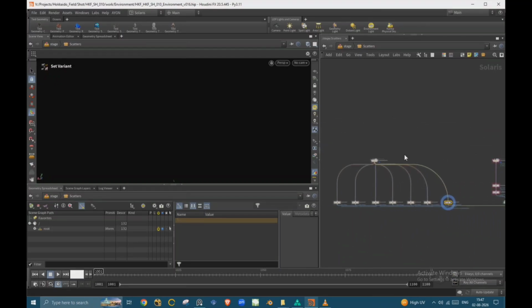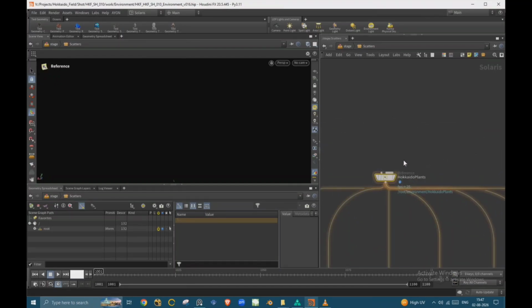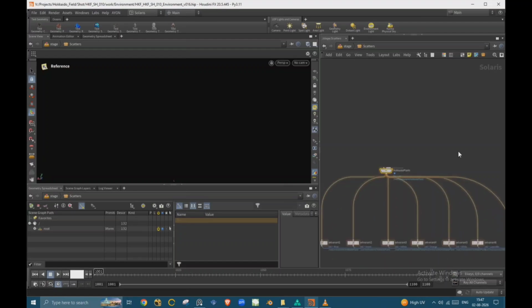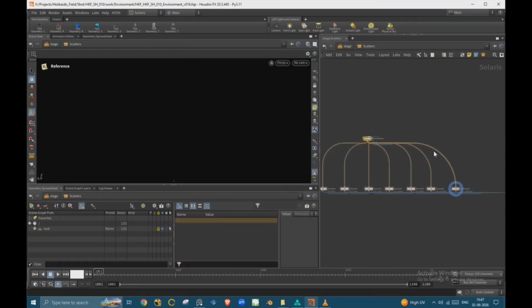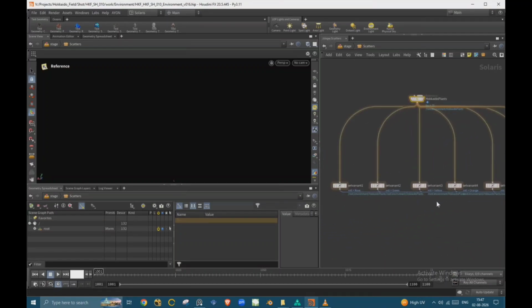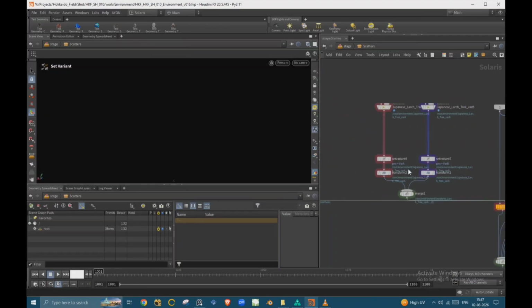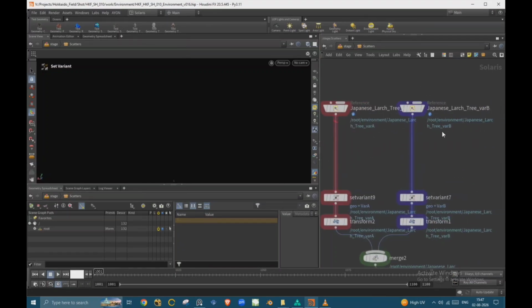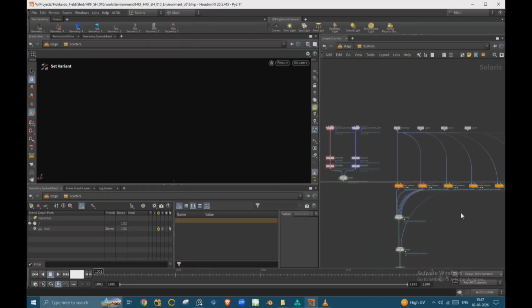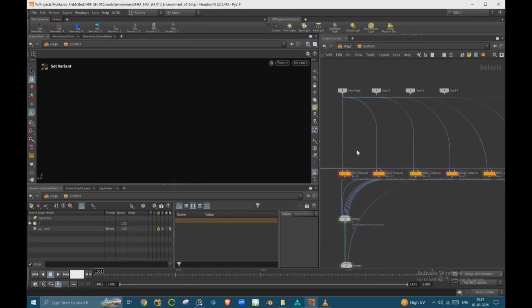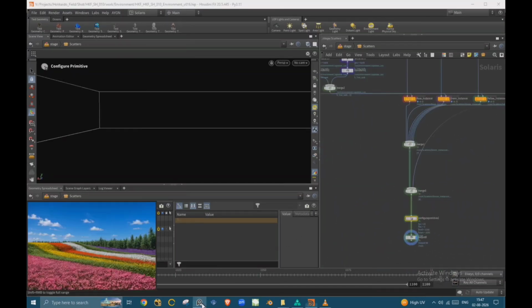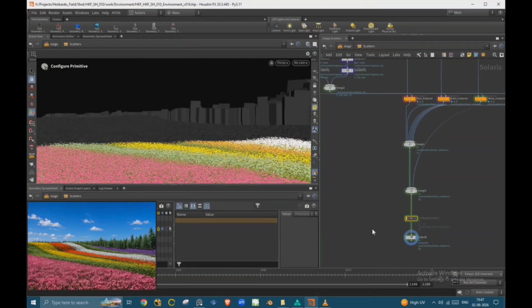As you see, these are our published assets. This is the plant. So I'm just using all the material variations, and these are our material variations. And this is our tree. So as per my reference, I just scattered. So if you just see,